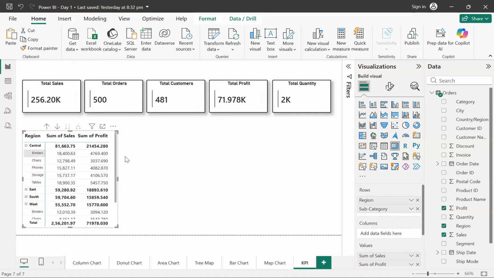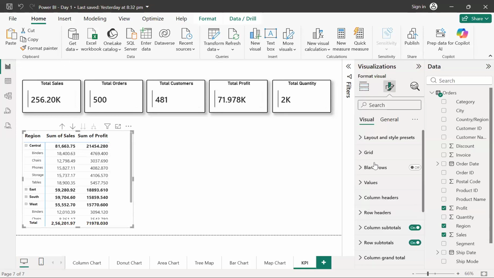Okay, so you can see that it gives you again the segmented information. Like there's a central region, how much total sales you are getting from the central region, and what is the total profit, guys, for the same region. Okay. Similarly, then it is segmented in terms of different categories like binders, chairs, phones, and storage. So what are the different number of sales you are getting from each subcategory for that particular region?